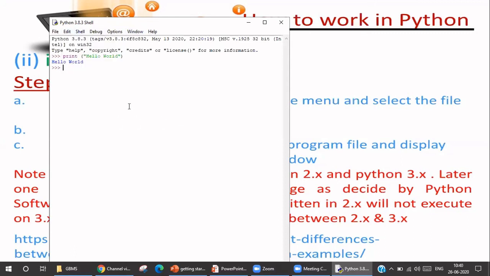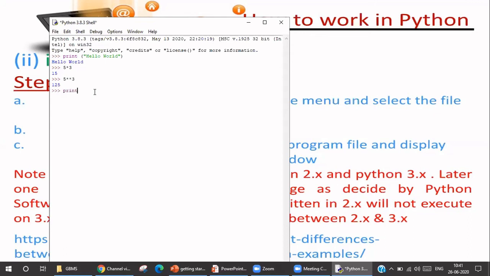All right. So other options I can do is 5 multiplied by 3 and enter. I get 15. If I do 5 double multiplication 3, it becomes 5 raised to 3. I get 125. And these don't even require the print statement.